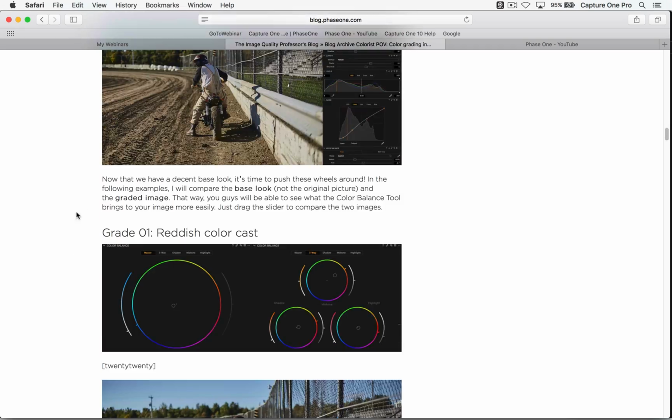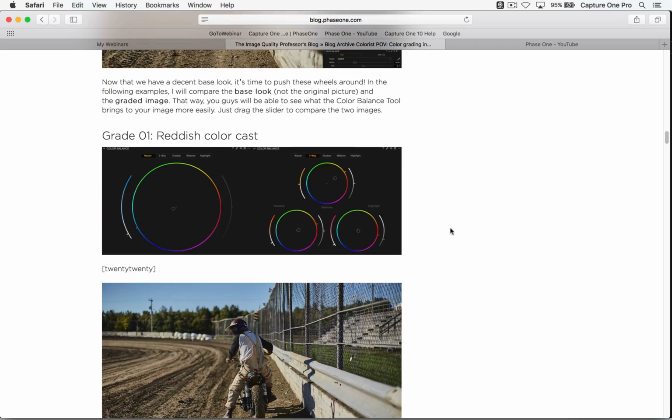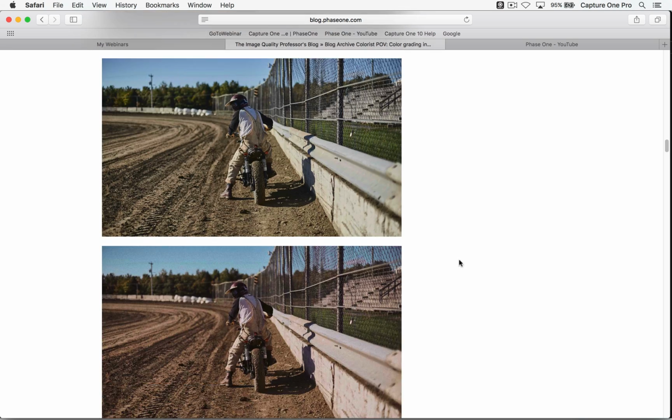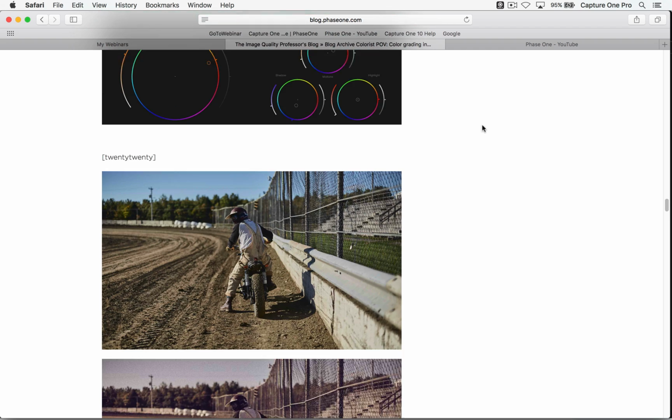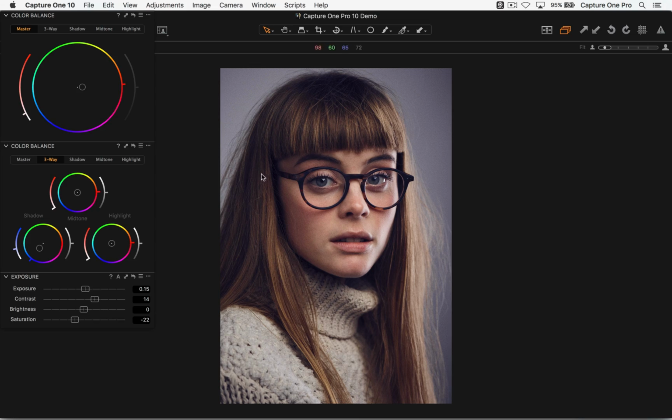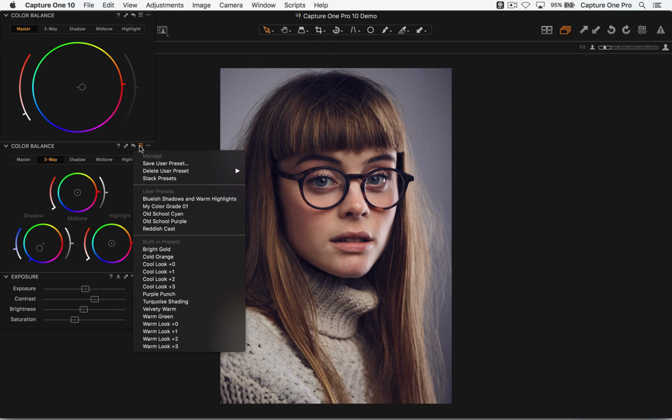What he also did was give 4 different grades, or tips on the sort of stuff that he does in the industry. So there's 4 different grades. I've recreated those, and you can see them here in the user presets, for example. In the follow-up email that you're going to get in roughly an hour's time, there's also a download for these presets that you can play with as well. And of course, there's nothing to stop you making your own presets as well.